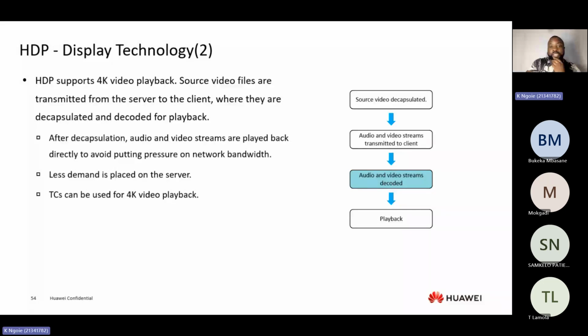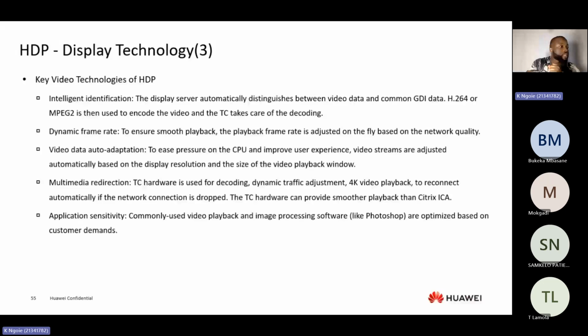That will be all for today in terms of the first session. But before we close that, we also have